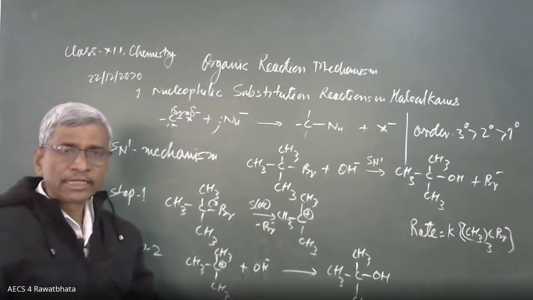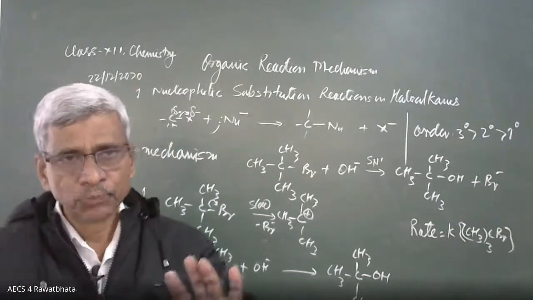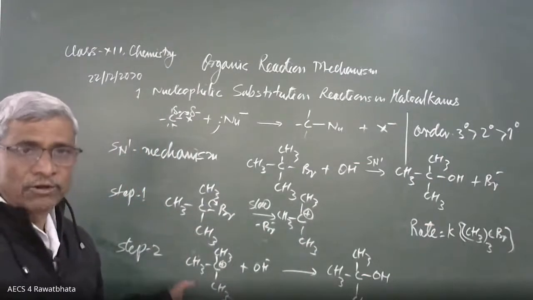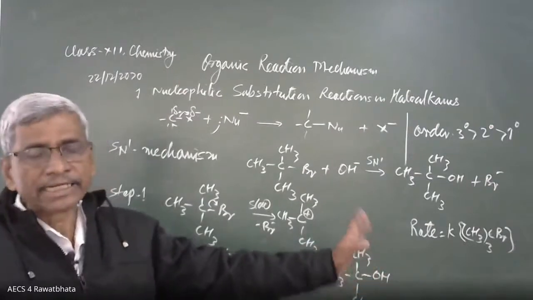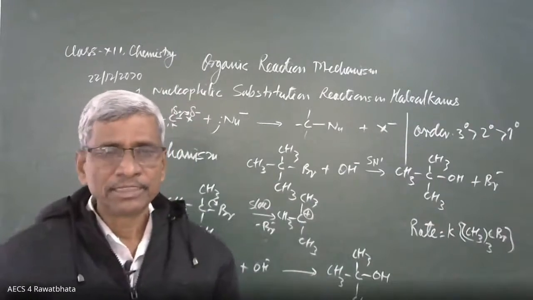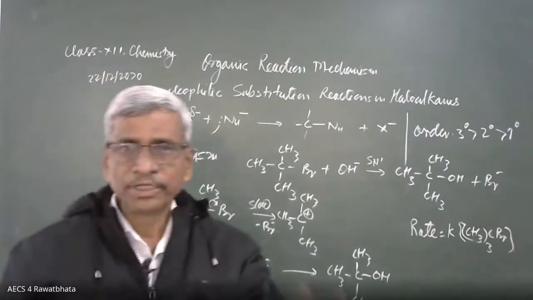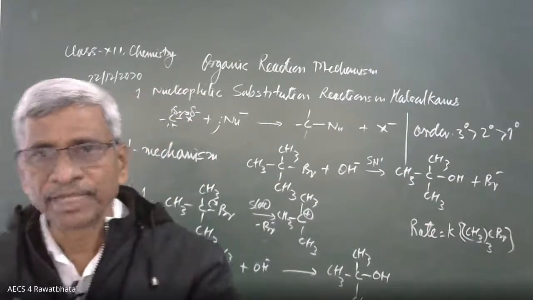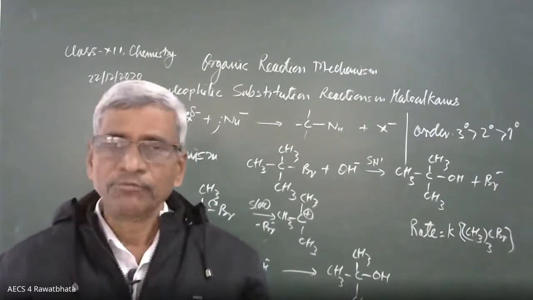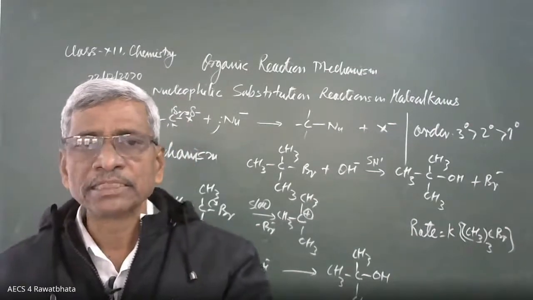2 degree haloalkane may follow SN1, it may follow SN2. Means both products are possible. If the 2 degree reactant is optically active, we get an optically active product. It may be inverted, it may be of the same type, depending on whether it is proceeding through SN1 or SN2. 2 degree haloalkanes may follow the SN1 mechanism, or the SN2 mechanism also. There are equal chances. 1 degree haloalkane follows the SN2 mechanism, 3 degree haloalkane follows the SN1 mechanism.